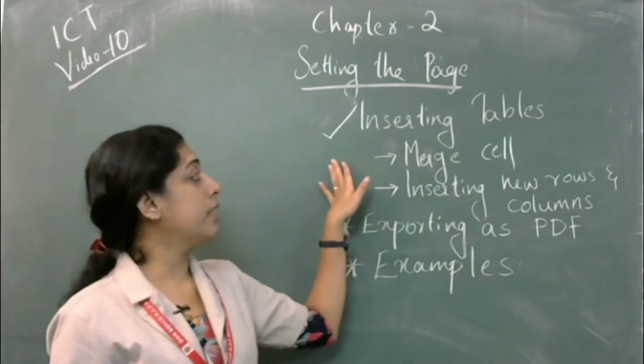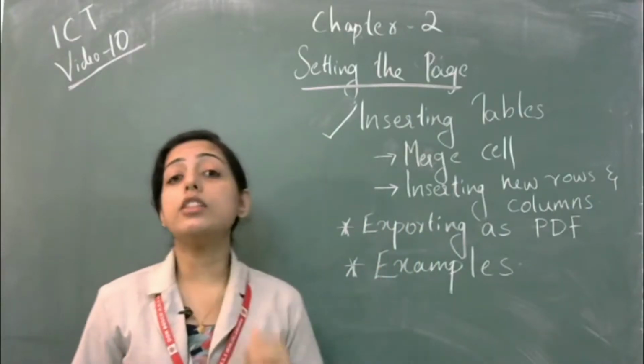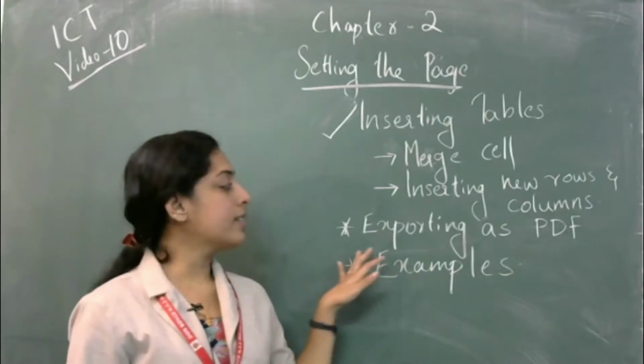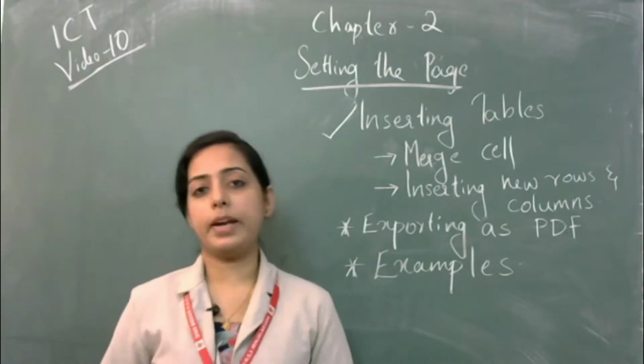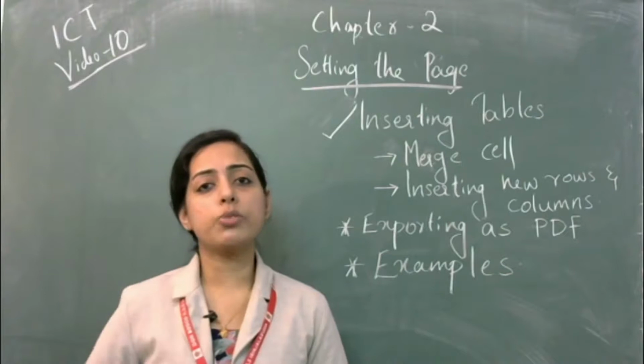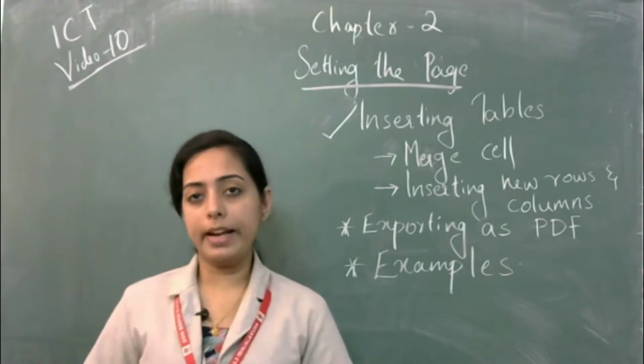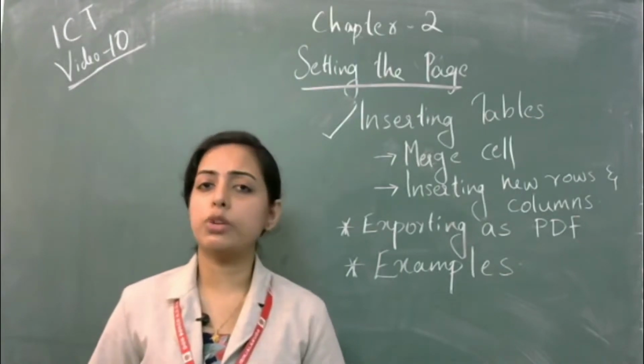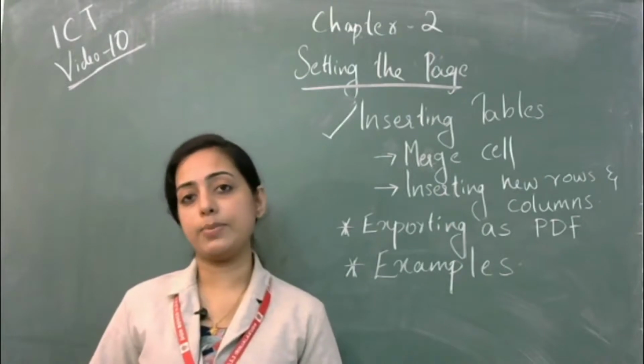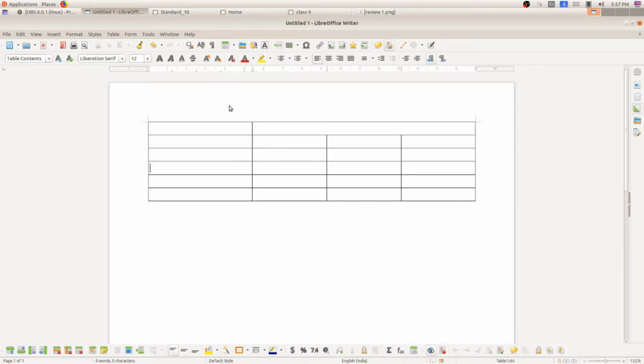Okay, so this is our last and final topic in table. So our first activity is over. Hope you all are clear about the first activity, and let's see the second activity, how to export as PDF. Simply go to the File option, take the export as PDF option, then save it to a suitable folder. So let's see how we can export it as PDF.